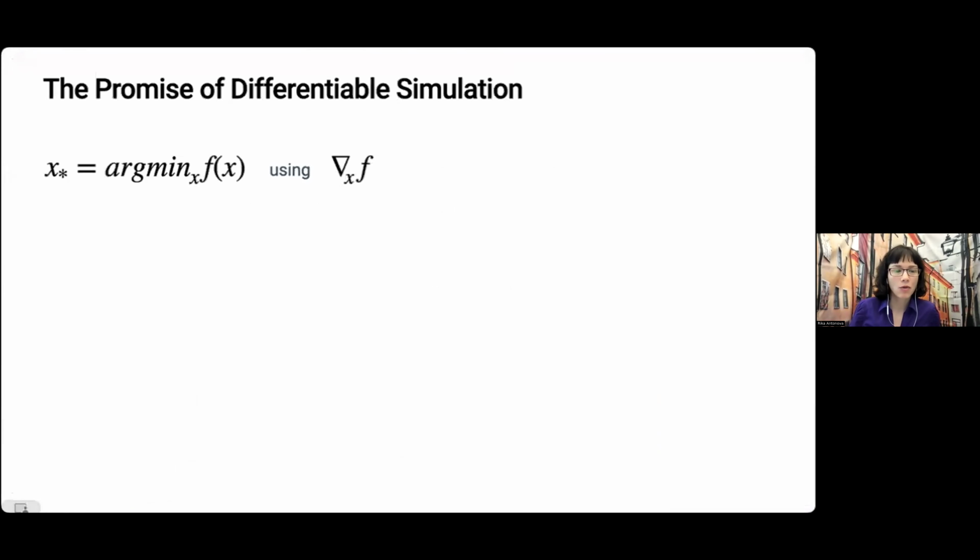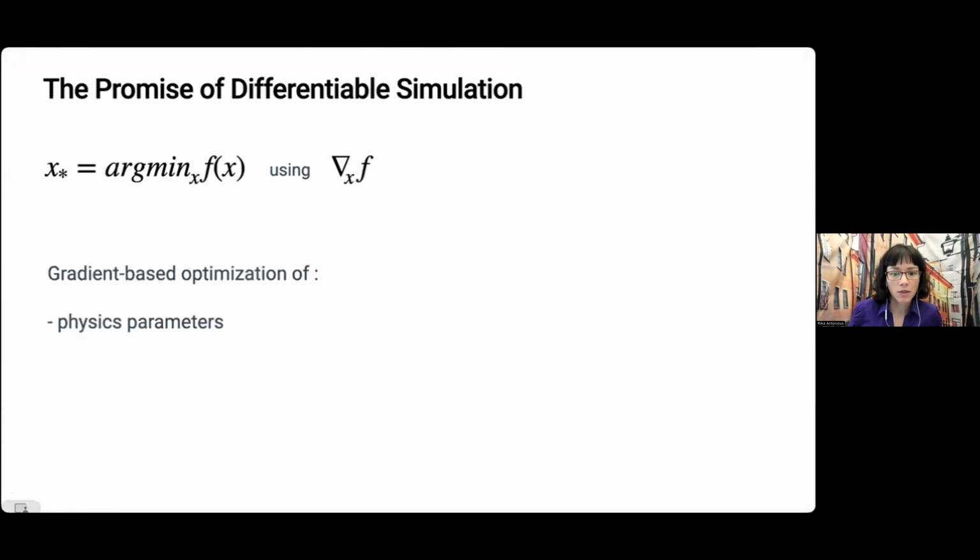All right, so first of all, I'll just give an overview of what is the promise of differentiable simulation. I'm sure we've been talking about it a bit during the workshop, but to make it clear, our simulator can be represented by a function, here we call it function f, that is differentiable. And then we can directly propagate the gradients from our loss or objective function through the simulator.